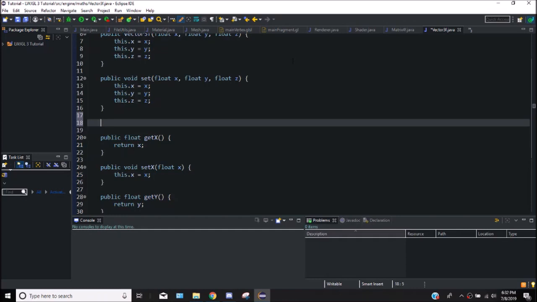Adding vectors is where we add all the x, y's, and z's to each other. Subtracting them, multiplying them, dividing them. So we can do that by just making one method and then copying, pasting, and just changing the sign. So the first method we're going to make is the